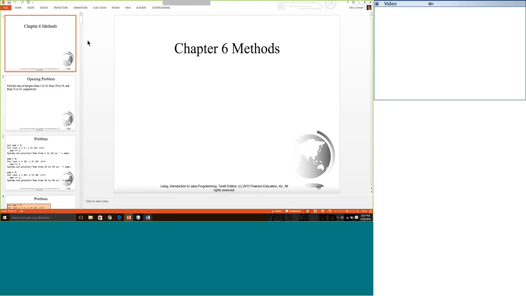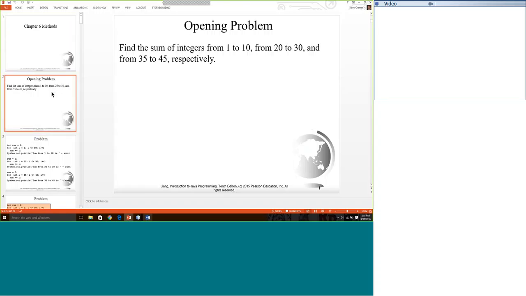Okay, what we're going to talk about today is the chapter on methods, Chapter 6. It introduces an opening problem. The opening problem is to find the sum of the integers from 1 to 10, from 20 to 30, and from 35 to 45,